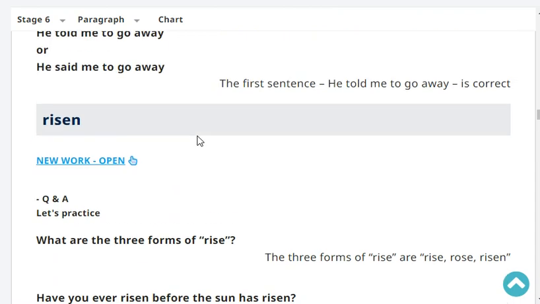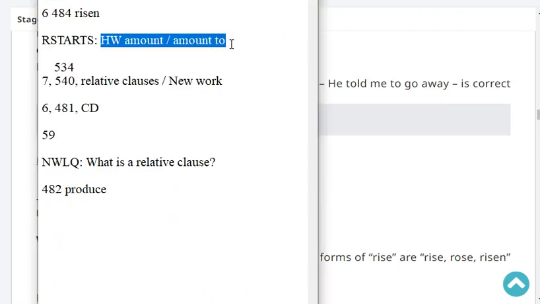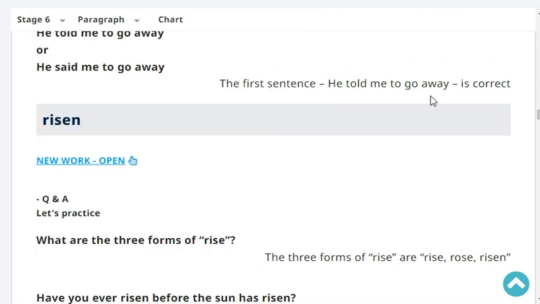Have you ever risen before the sun has risen? Yes, I've sometimes risen before the sun has risen. Very good. Okay, so we